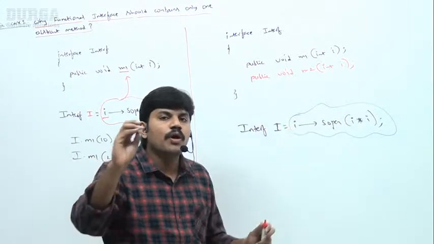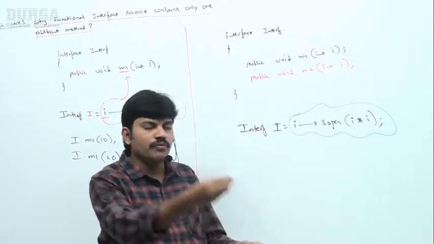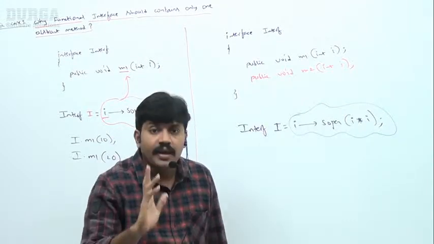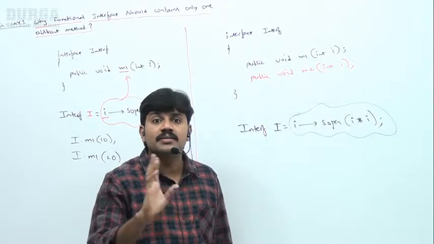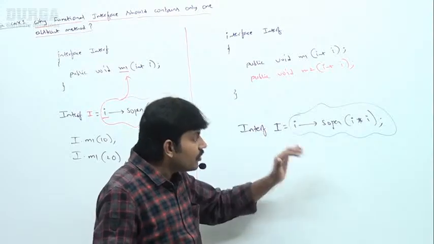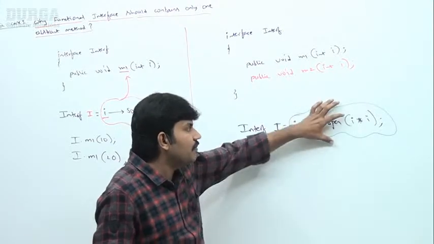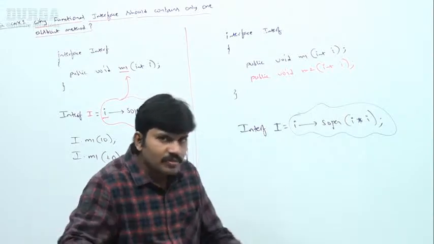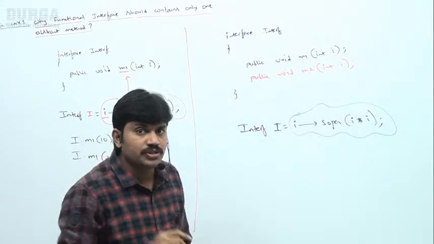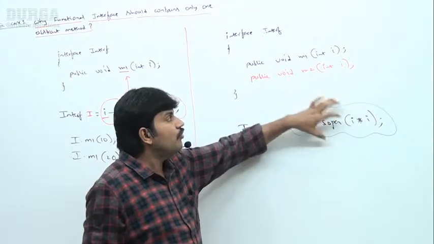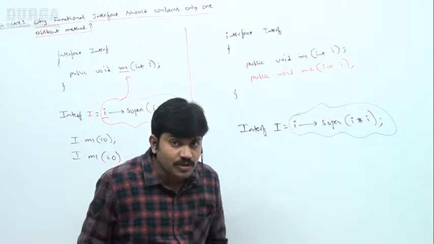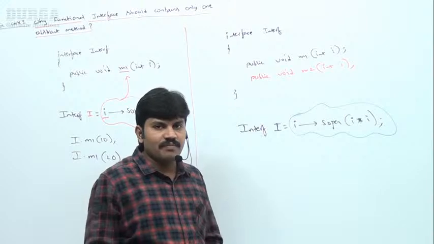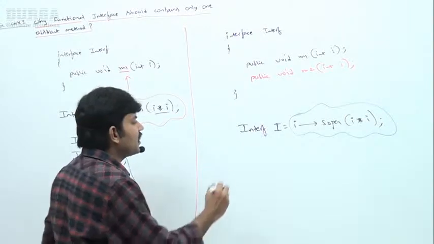So if you want to use a functional interface to invoke a lambda expression, that interface must contain exactly one abstract method. Then only the compiler can map the lambda expression with the interface method, right? If the interface contains multiple abstract methods, the compiler is not in a position to map the lambda expression with the corresponding method. That's why, is it a problem or not? Immediately I will ask, compiler, what problem are you going to get? Immediately the compiler will say